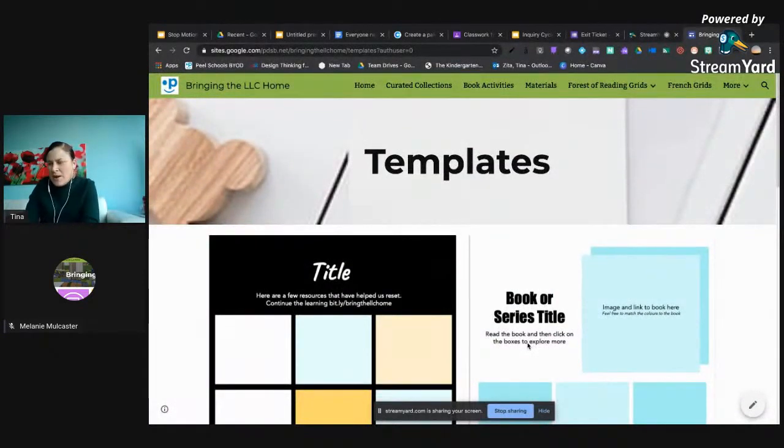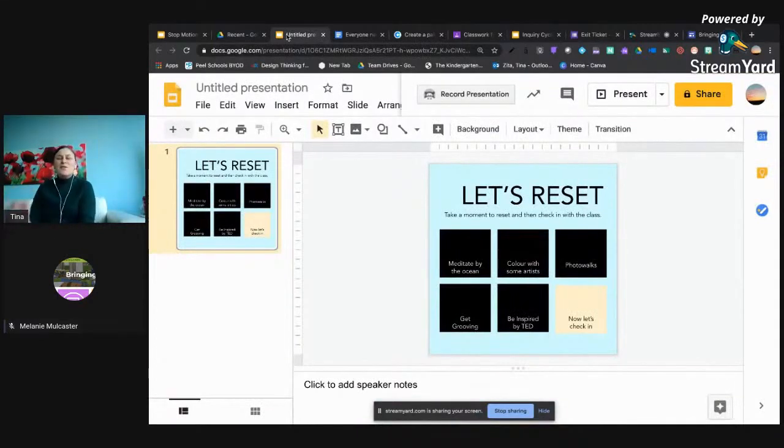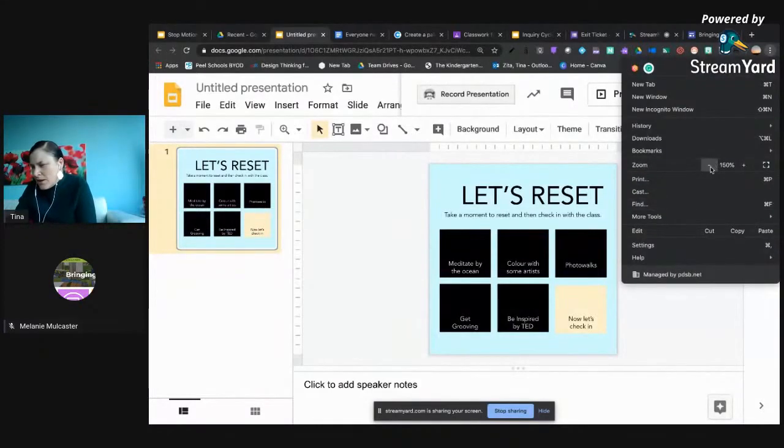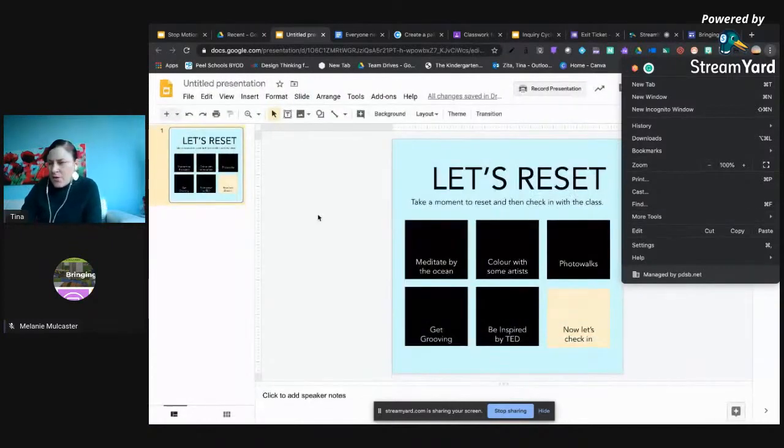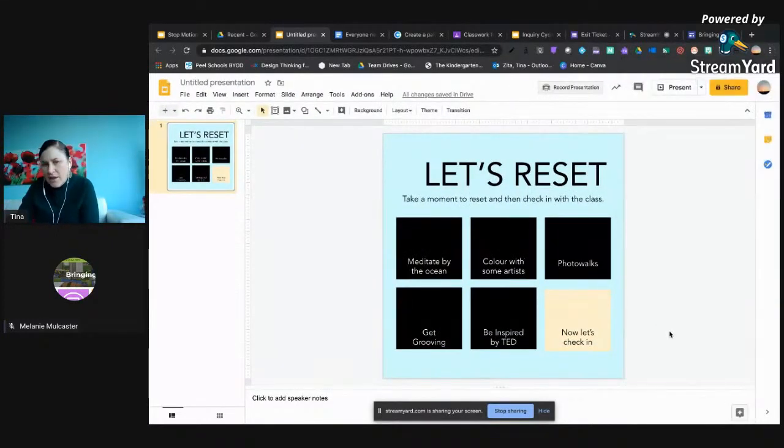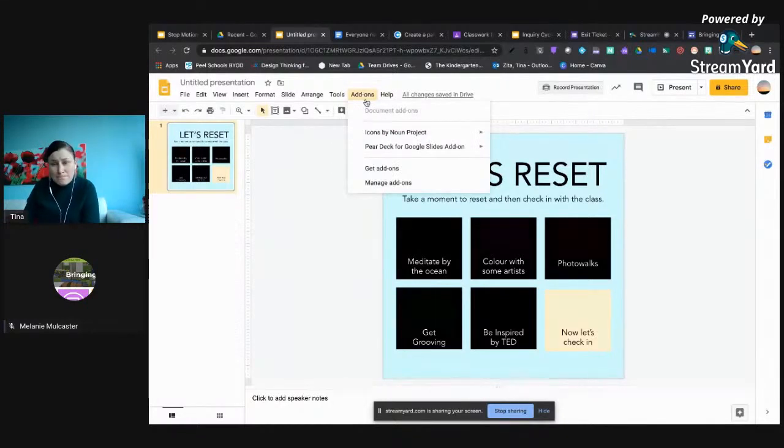Great. So it seems like we're ready. So let's tackle one of the hardest questions, pictures. There's lots of ways of inserting pictures into your grid. I'm going to zoom out here just a bit so we can get to our add-ons. One of the tools Mel and I use is the Noun Project. We were able to add it to our add-ons. You can access it for free,